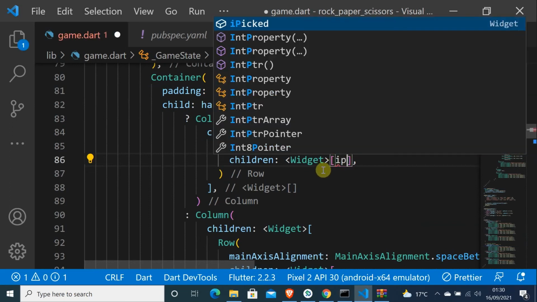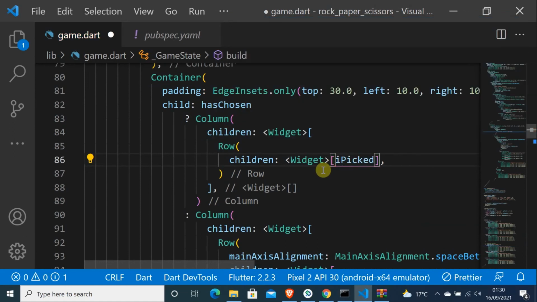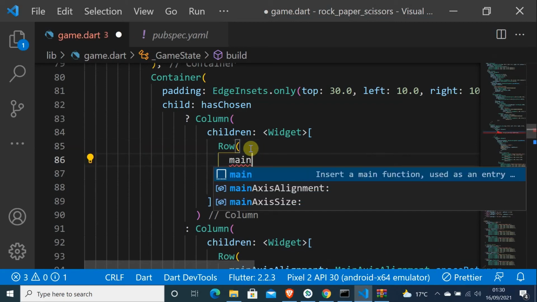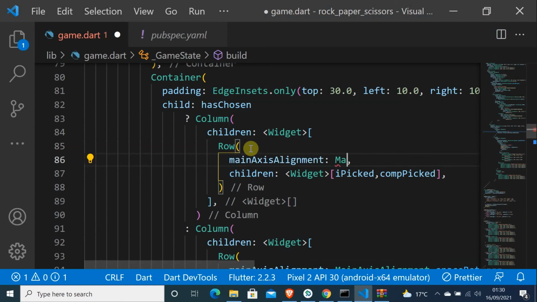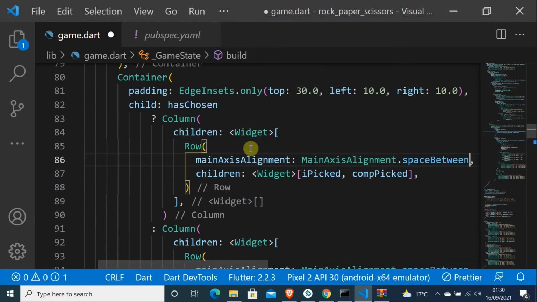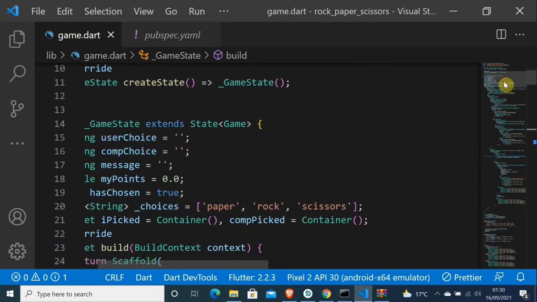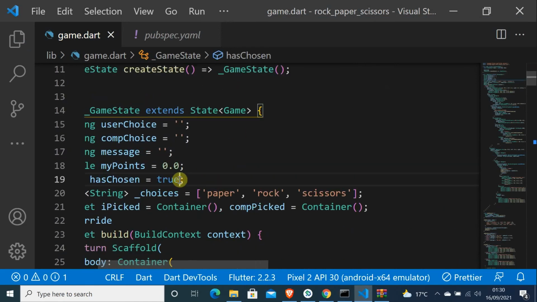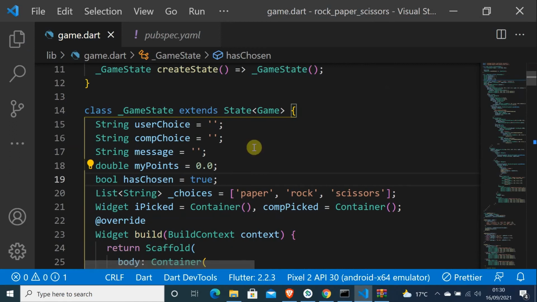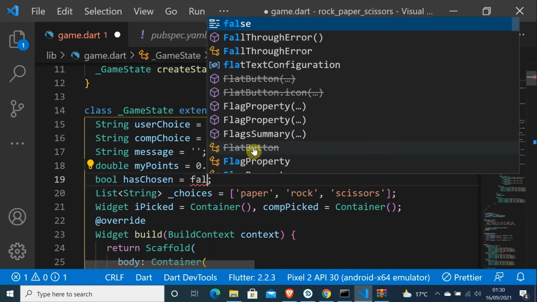Let me do I picked, then here I will do comp picked, and here let me put main axis alignment, let me do main space between, and let me just change here to has chosen, let me just put false,